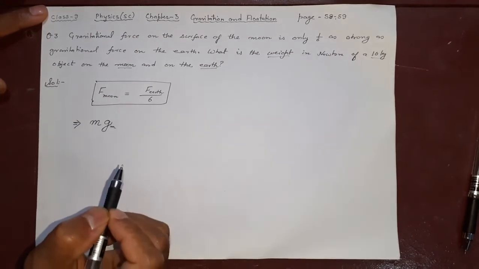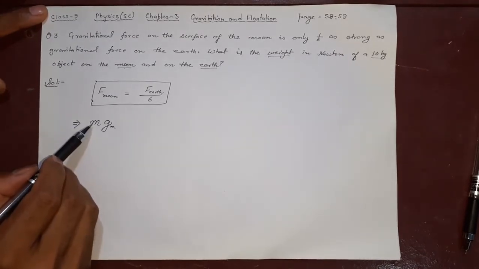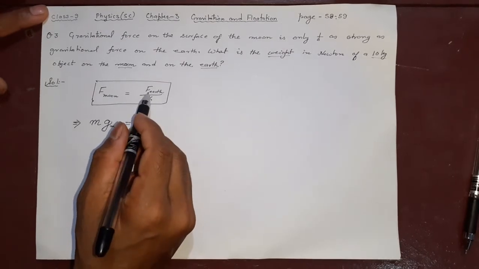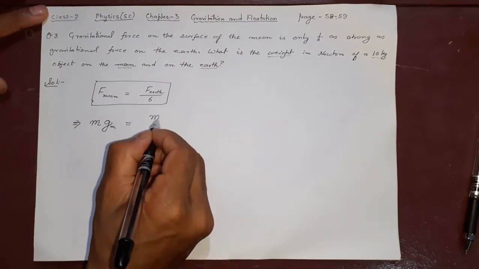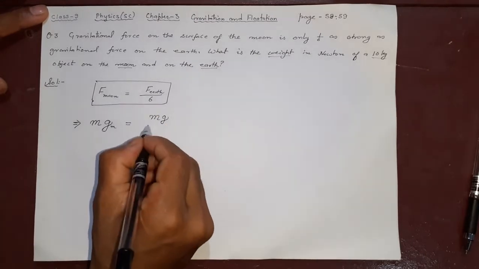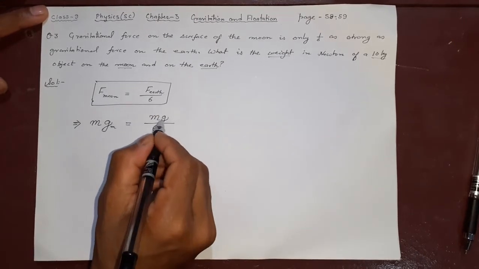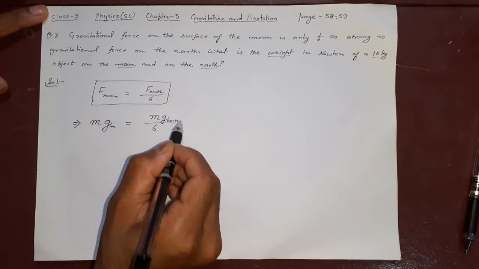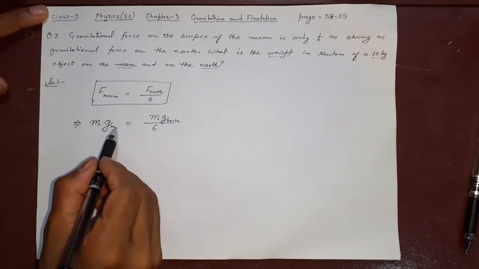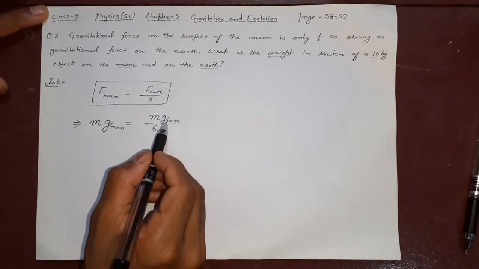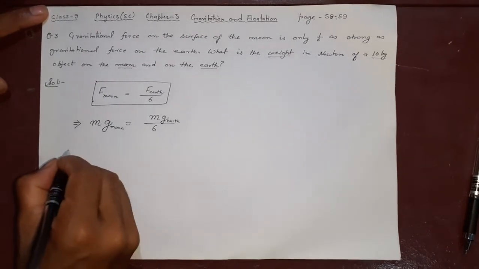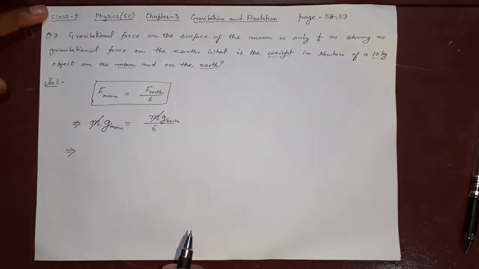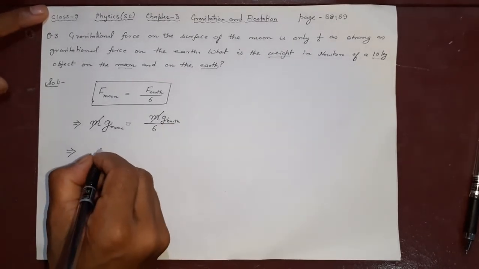Okay, see, the mass is same in the moon and on the earth also. So m will not change. What is the formula for F earth? Again, m g divided by 6, this g this time. If it is earth, you have to write earth. Acceleration due to gravity in the moon is m times g moon, and on the earth it is m times g earth, right? Now let us see, on both sides m and m will cancel, right? So now what is remaining?